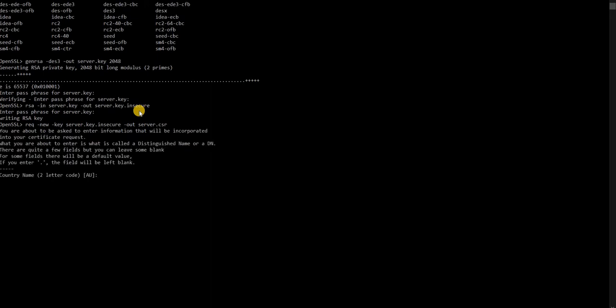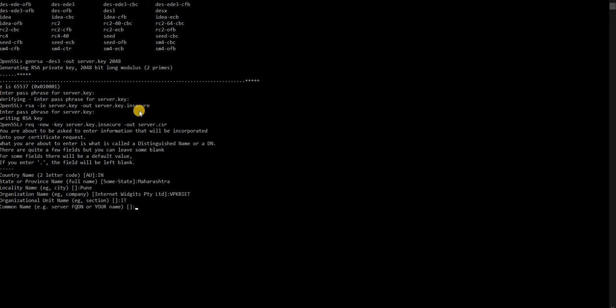It asks you the details about yourself, the subject to whom you are issuing the certificate. You have to give your information like country name, which is only 2 letters, then the state, locality, organization name, the organizational unit, and the server.